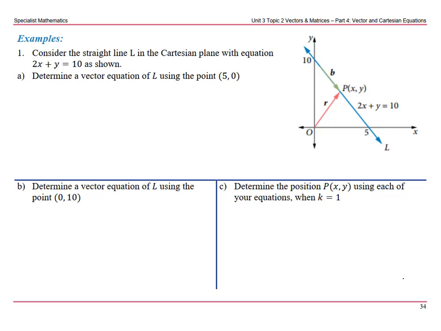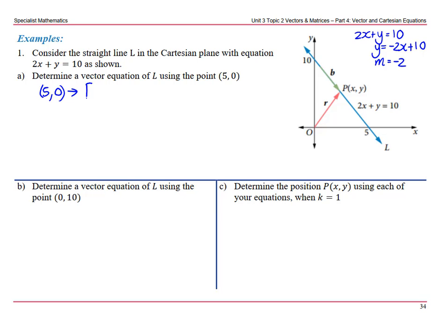First of all, if we think about this equation 2x + y = 10, and I rearrange it to y = -2x + 10, then you can see the gradient of the line is -2. And that's important because if we're going to be looking at vector equations, then they have to be parallel to the line. Okay, so position vector of (5, 0)